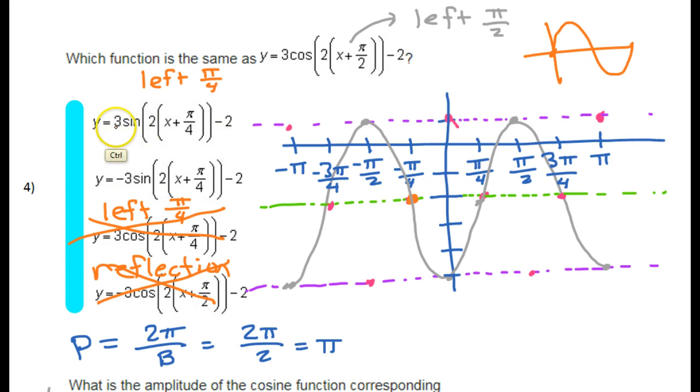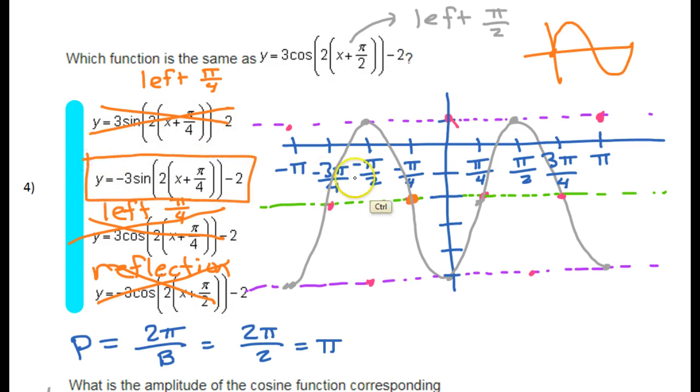So a positive a value would look like this. It would start here, because of the phase shift, and it would go up and then back down. Okay, now does that match what we have? No. All right, so that means it's not that one. So this is the only one that's left,